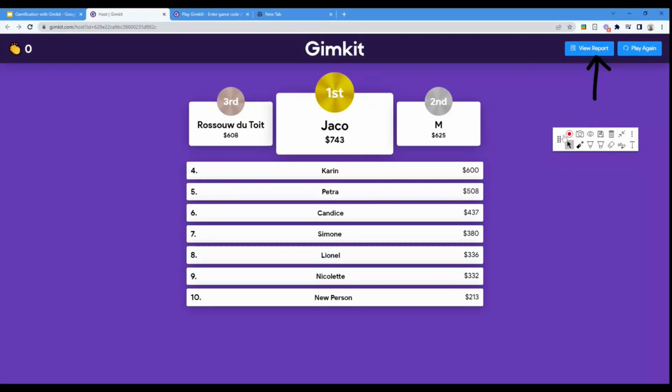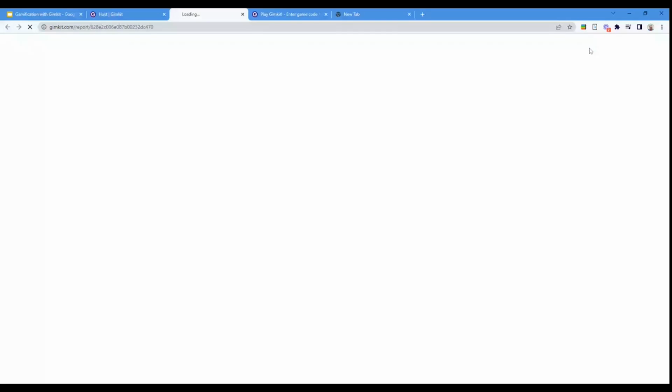We're kind of working this thing the wrong way around to a certain extent, because I wanted to show you what the game was like, so that you have a quick experience of it, and now we're going to look at the mechanics of how this thing actually works, because it is actually really straightforward and easy to get set up. So when we click on view report,